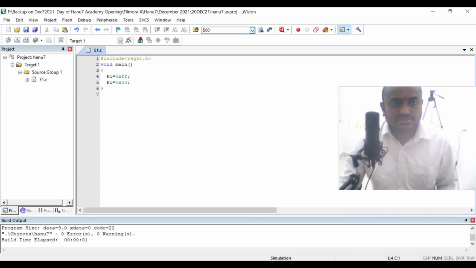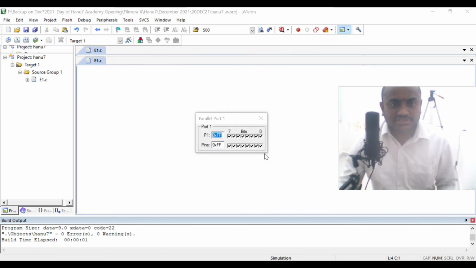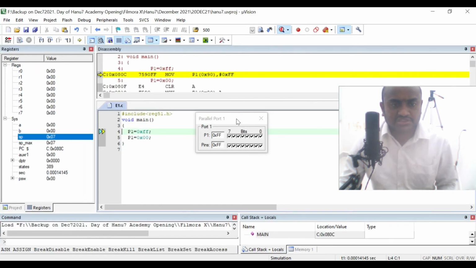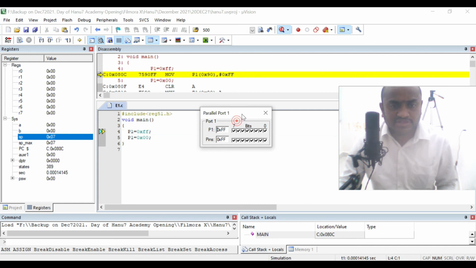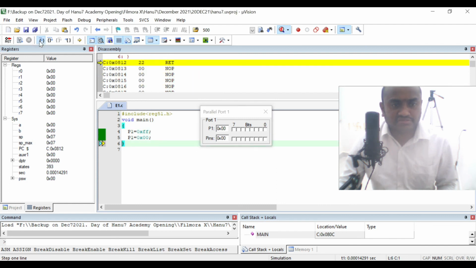Make sure there is always a project workspace beside you while typing the program. Once you get 0 errors 0 warnings, go to debug, then start debug session, and this port one will automatically open if you have used it recently, and then click on the step or continuous run, whatever it is.